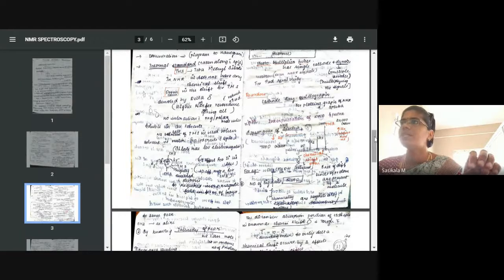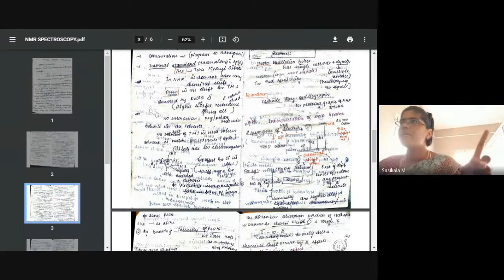Now let's see from this graph, you can find CH3, CH2 and OH. So we'll take the example of ethanol: CH3, CH2, OH. In ethanol, how many kinds of protons can we find? One, two, three. Three kinds of protons. How can we find three kinds of protons? We can count the signals. How many signals? Don't consider TMS, which is observed at 0 parts per million, whereas these three signals are your sample proton signals. So by counting each signal we can find how many kinds of protons are present in the sample.